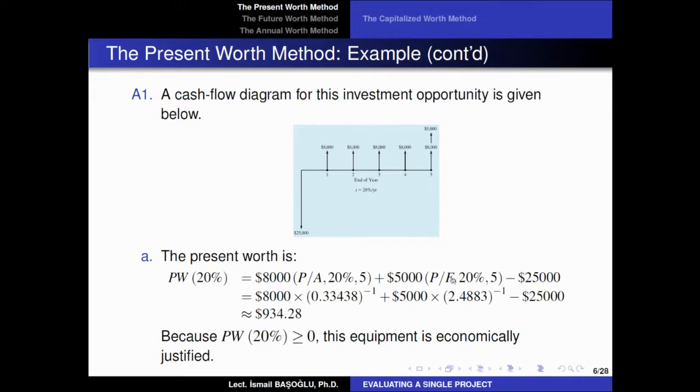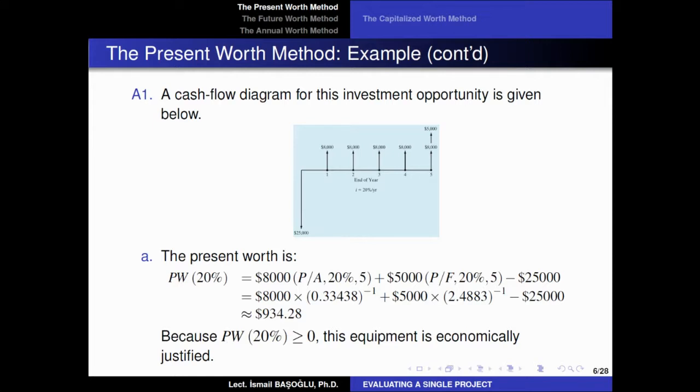Similarly, we do not have P over F on our tables. We have F over P. The F over P value under a 20% interest rate for 5 years is 2.4883, and the multiplicative inverse of it is calculated. And the present worth of this investment is